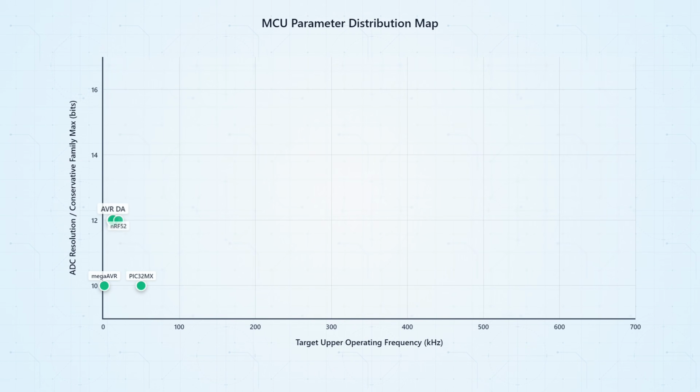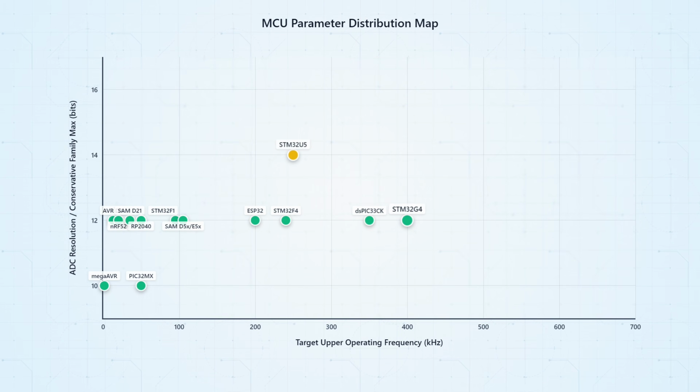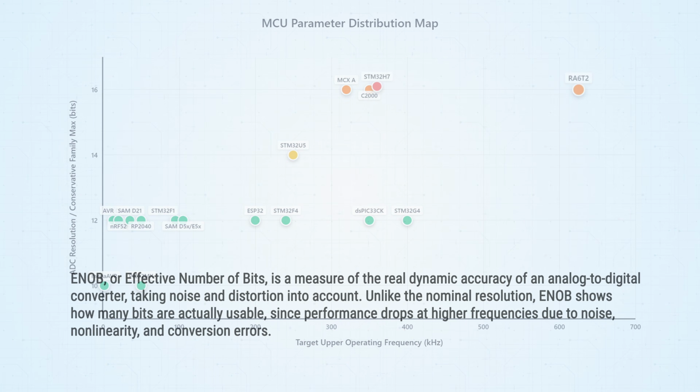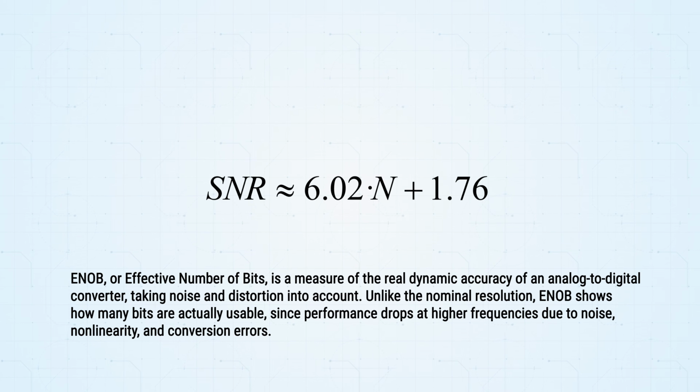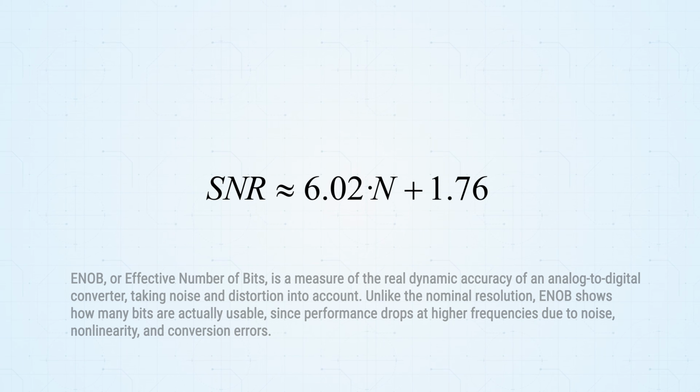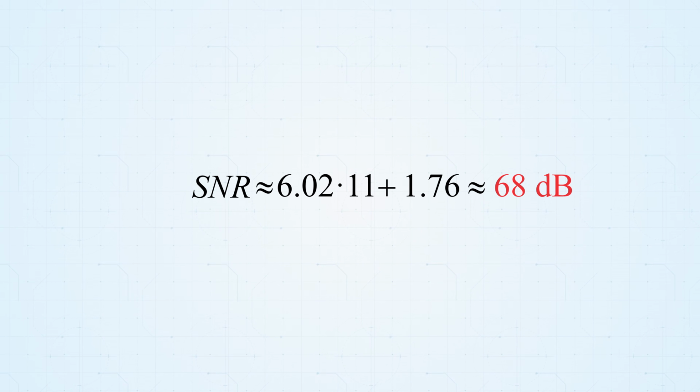In many modern microcontrollers, the built-in ADC is advertised as 12-bit. Typically, this is a successive approximation register converter, but nominal resolution and effective resolution are not the same thing. In practice, taking into account silicon noise and PCB layout, we usually get anywhere from 9 to 11 effective bits. Let us assume an optimistic case of 11 effective bits. Then, according to the standard ideal ADC formula, this gives us an SNR for the device under test of approximately